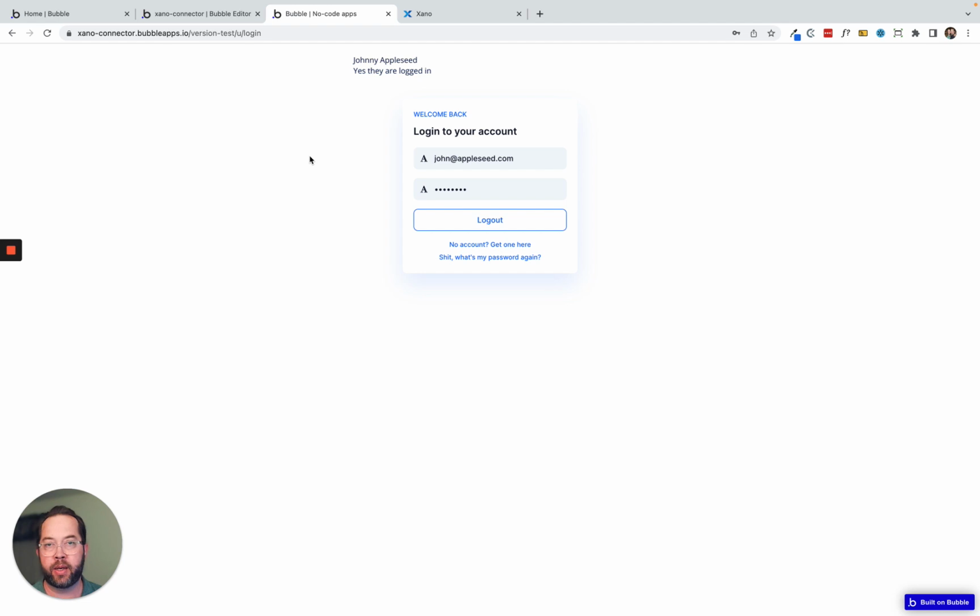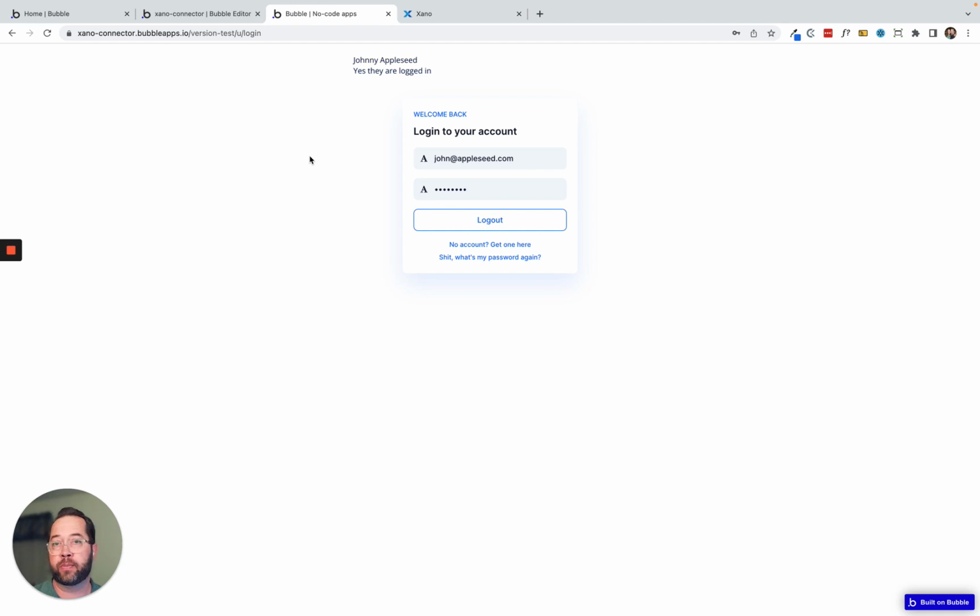I would recommend that this element is always tied in with Bubble's current user object or record, where you always have access to Bubble's current user, even if your user is not logged in to your Bubble application. Essentially, it's a cookie that Bubble manages, and it's accessible anywhere in your Bubble app. So one of the limitations with this plugin is that while we have this Xano auth element on the page, that can't be accessed from